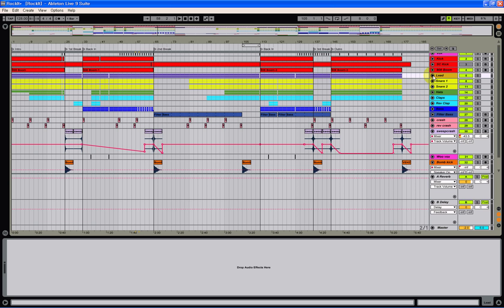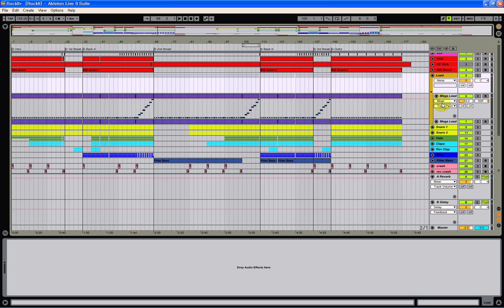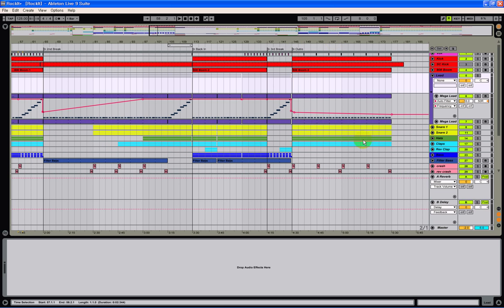Another way to keep it changing is to affect the modulation on your VSTs, right? So as you can see here, I have an auto filter here, right? And this changes the sound. Let me show you how it changes the sound here. This is drawn in from just about 200 hertz to 100 hertz, but I wanted this song to gradually come out in the outro, so you can see it and